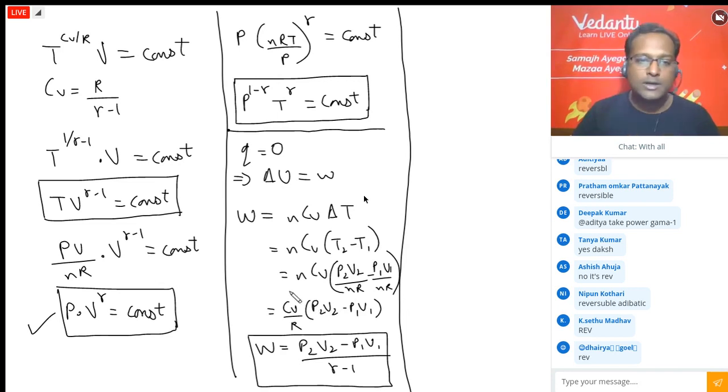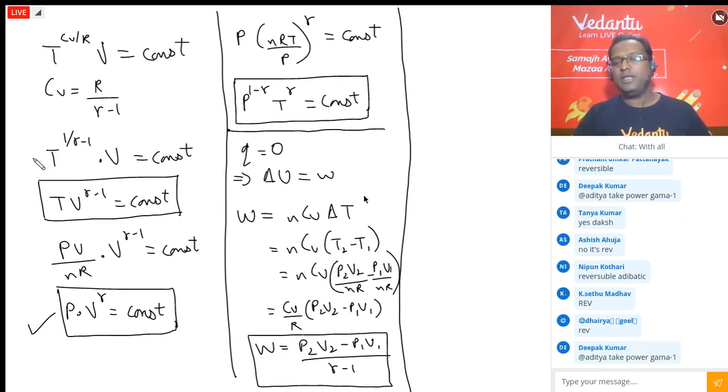Now, where were we? Who was asking what? This box. Aditya, you multiply both sides by gamma, and take the power to gamma minus 1 on both sides. So the constant does not matter whatever it is, because I will always be using it as P1 V1 to the power gamma equal to P2 V2 to the power gamma. So the constant won't matter. Is this point understood, guys?